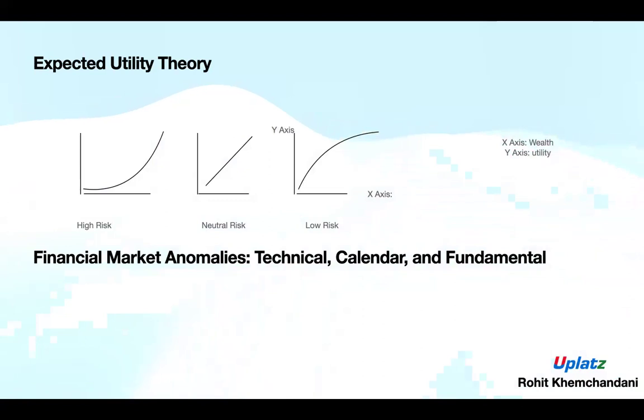Now, a great deal of asset pricing theories is based on the assumption of market efficiency, which was introduced by Eugene Fama in 1970. I have already discussed this earlier also. He defined the efficient financial market as one in which security prices always fully reflect available information. So basically, the stock price is at its fair value.